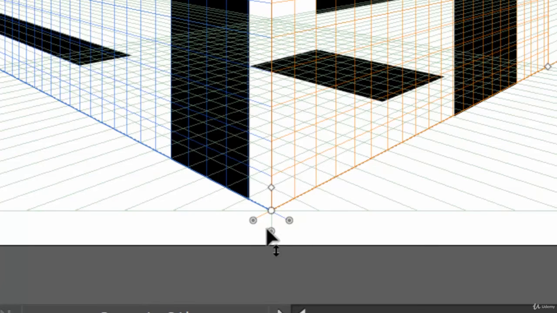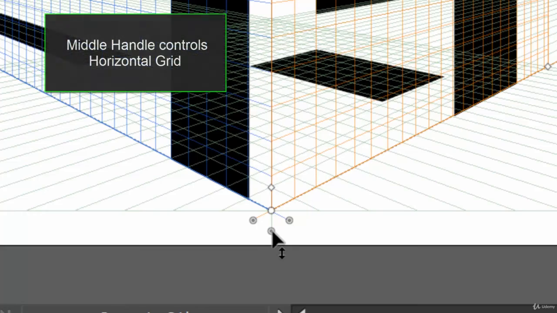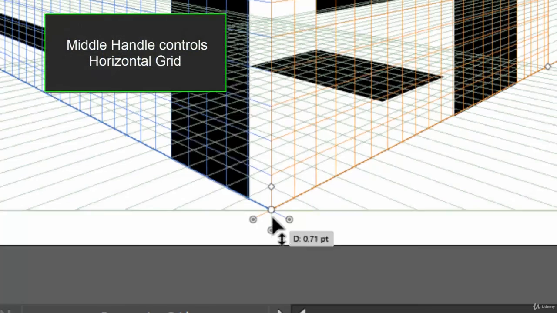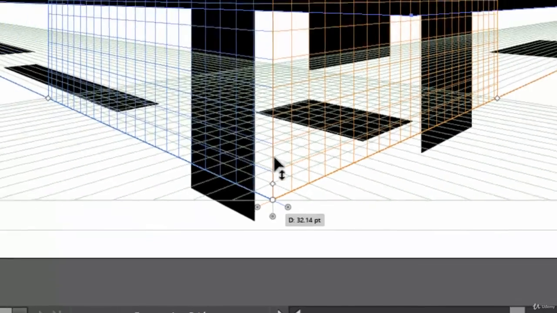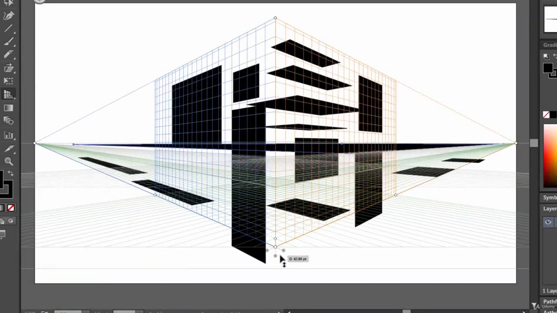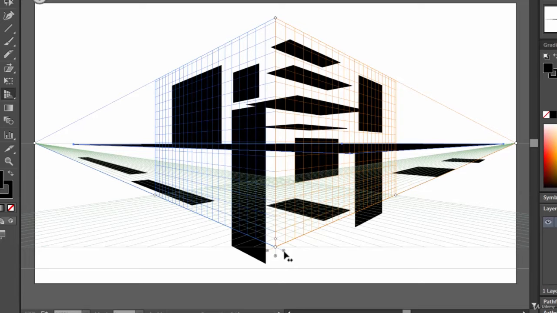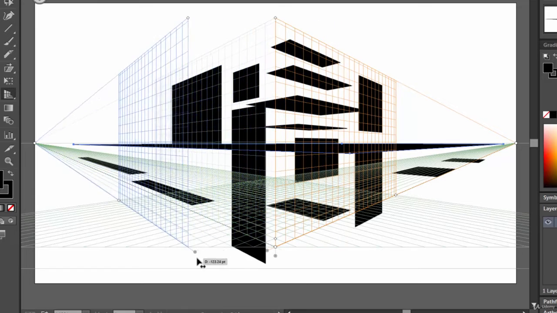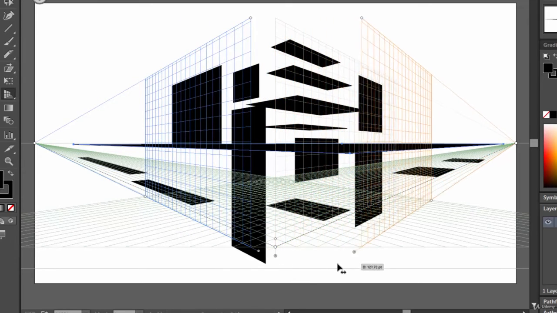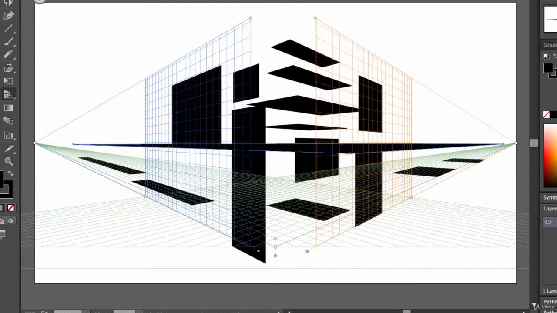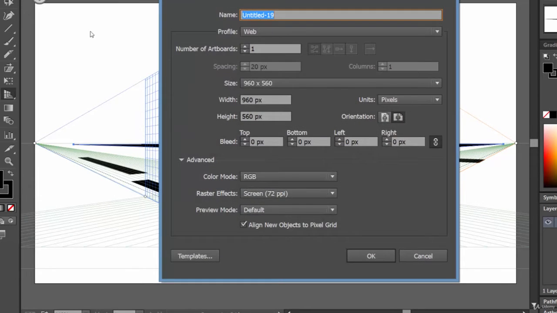The bottom one, this middle one, will control the bottom part or the floor. This handle will control the left side. Then we have this one, which will control the right side. And see? So, let's create a new document.